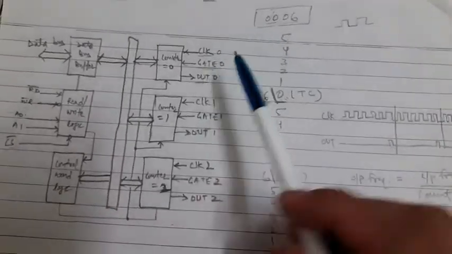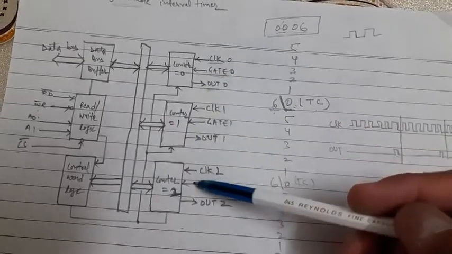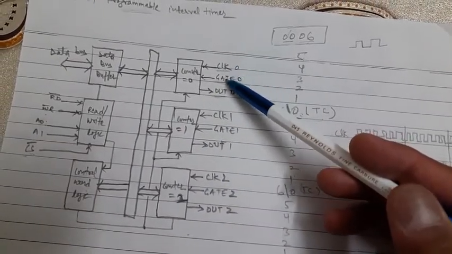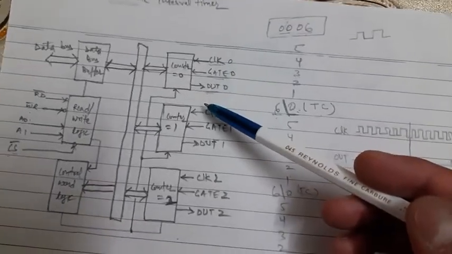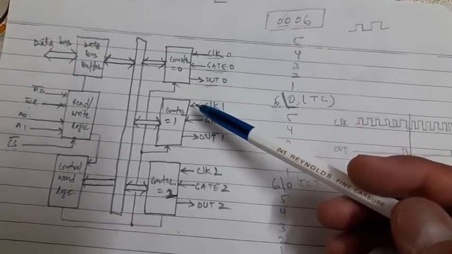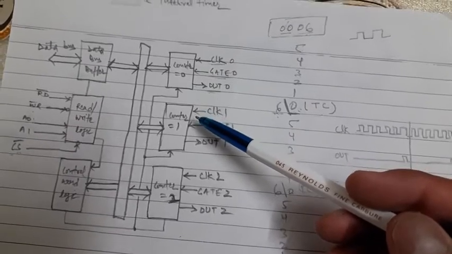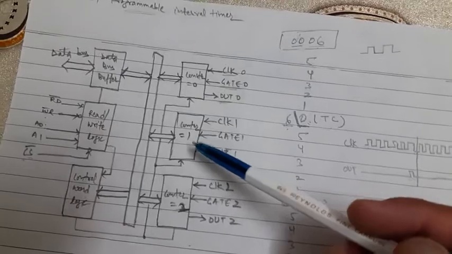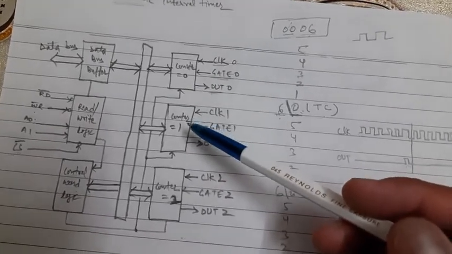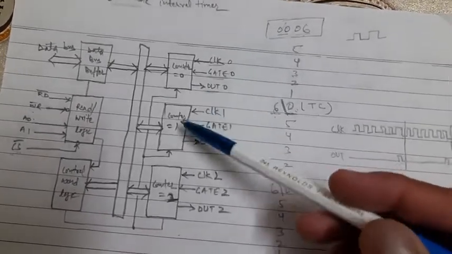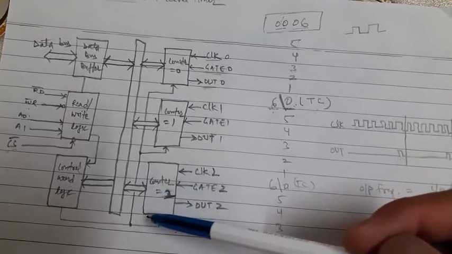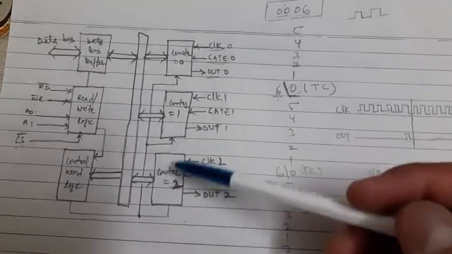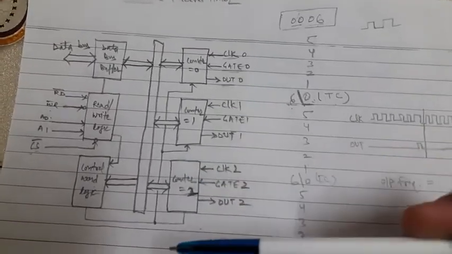See here, all these 3 counters are independent of each other, as they have their individual clock, gate, and out pin. Means they are totally independent counters. So MUPI may start 1 at a time or 2 at a time, or may stop this 1 or 2 or all the counters individually. They are individual in their operations. All of them have independent signals and they do not depend on each other. So this is a very simple architecture.